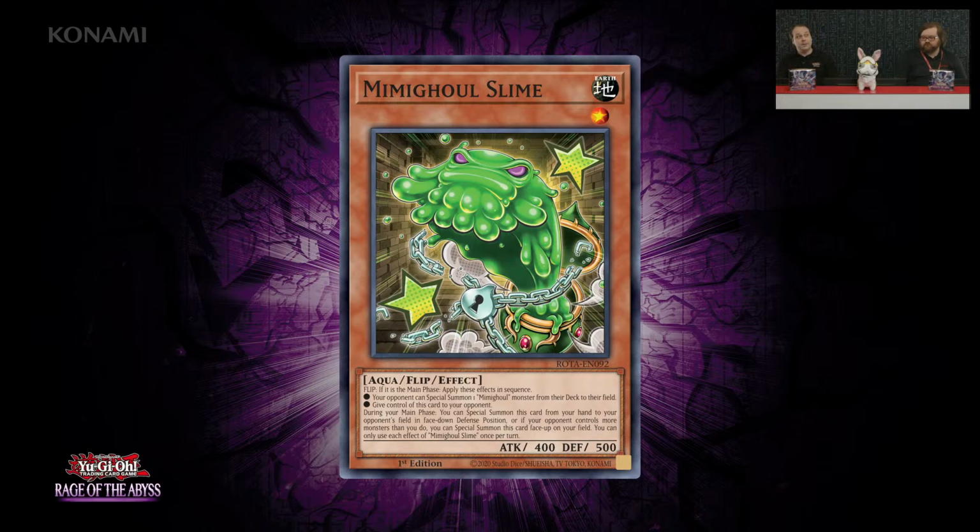But you could also summon Mimighoul Master to your field if you wanted as well, which gets you another monster to your hand and the ability to switch the battle position of your opponent's monsters during their main phase. Mimighoul Slime is a real good one. It's not going to win any awards for attack points, but that's fine because you're going to stack it on top of something else for one of the Xyz monsters, which we're going to take a look at coming up